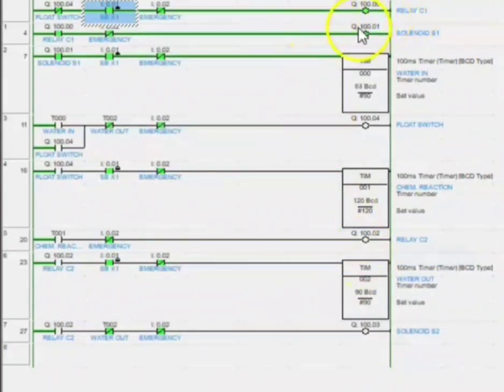The relay C1 is energized and solenoid 1 has energized the timer for the water to get inside. After that, the float switch will turn on, which will cut off the water inside the tank and energize the second timer for the chemical reaction to happen in the tank. After that, the timer will energize relay C2, which will energize the third timer for the water to get out, and also the solenoid S2, which opens the valve for the water to come out of the